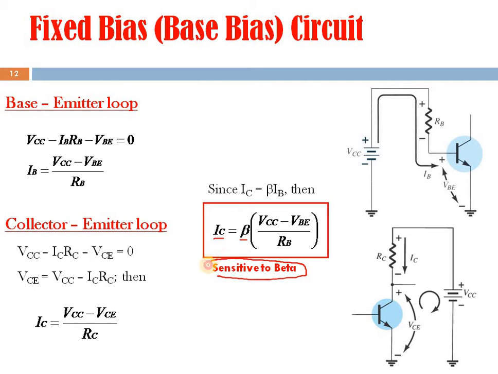I told you earlier that if you change the device for some reason, it is not always sure that the beta of the transistor remains the same. Even if it is of the same make and same serial number, there are chances of some variation in the beta, and those variations may be very disastrous because they can cause the operating point to shift from the desired value.